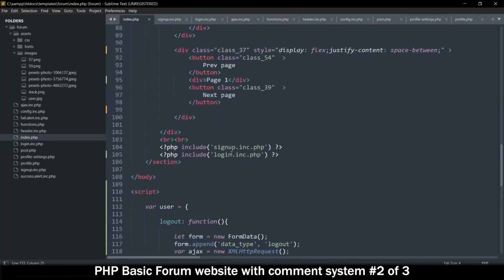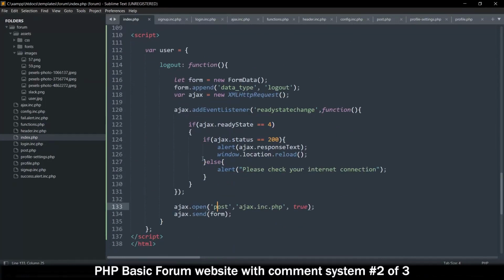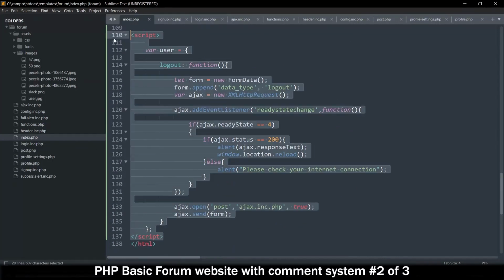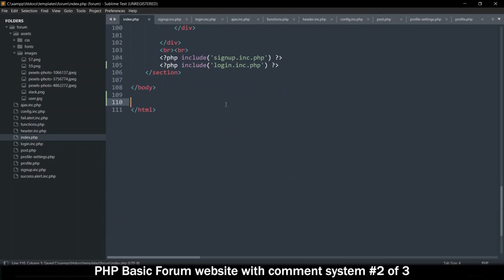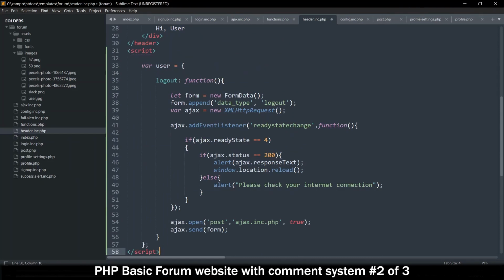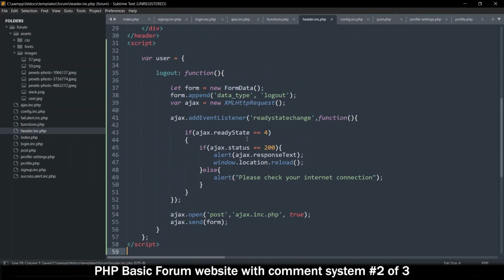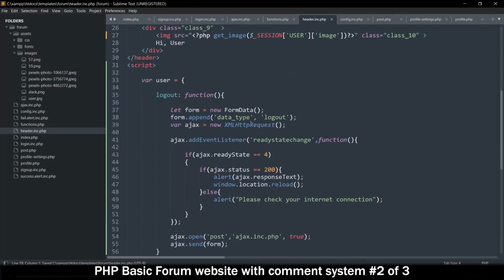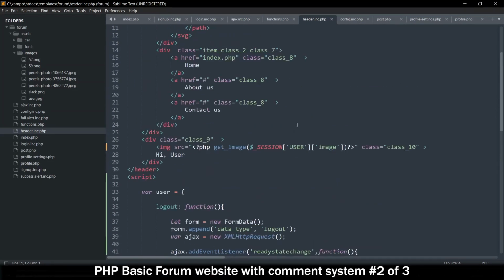So I think it's better to put this in the header because, yeah, so let me remove that. Let me go to the header inc and put that there instead, because the header is always there and we can always use this one. Okay, cool. So with that in mind, I can now go to right here where the header is